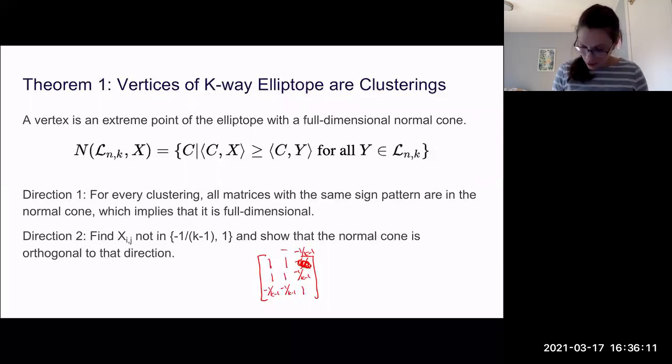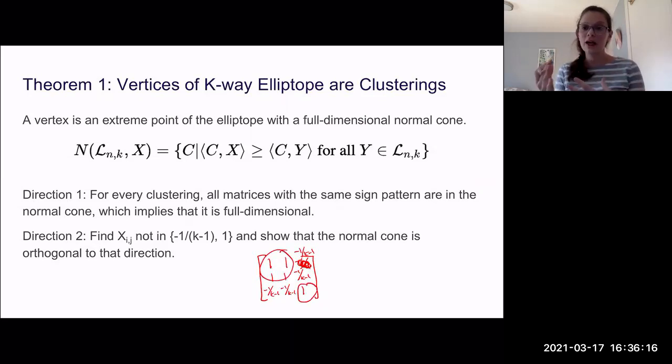Let's put these 2 points in the same cluster and this point in its own cluster. These are the points that have the 1 and -1 over k minus 1 structure. So the vertices, or the pointy points, the points that we hope to end up at, correspond exactly to those integer solutions we want to round to. For those integer solutions we don't even have to round in the end, because we understand exactly what the clusters you're telling us are.